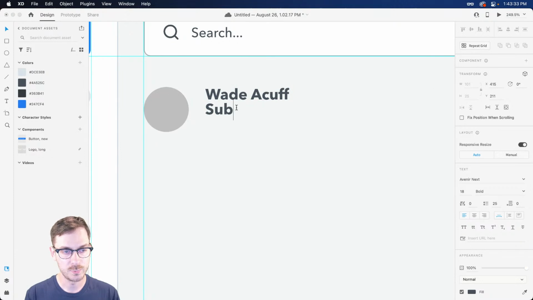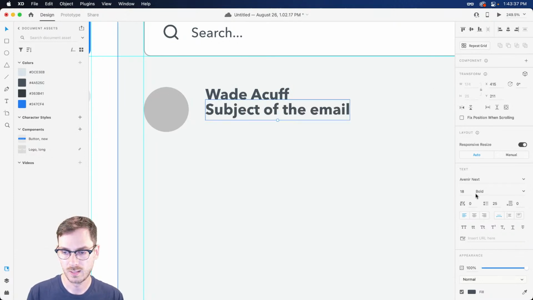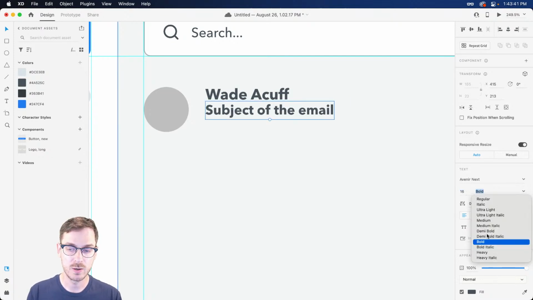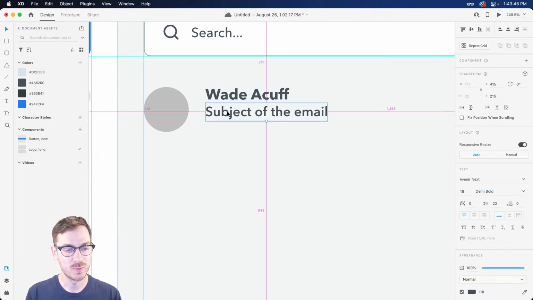And this will be the subject. And this is going to be a little bit smaller, so I'm going to bump it down. Might also bump it down in weight a little bit as well. And then we're going to want